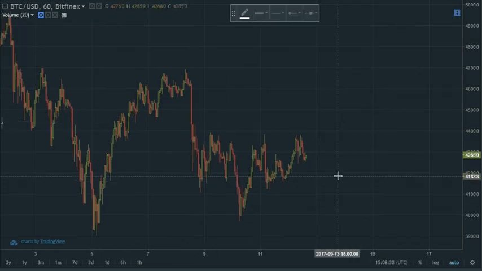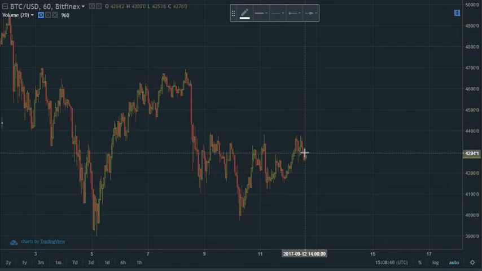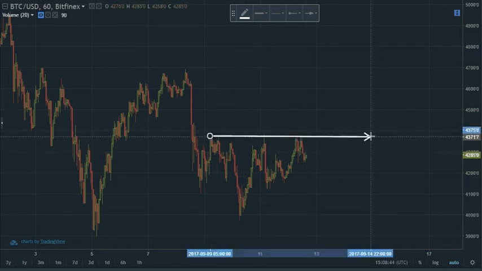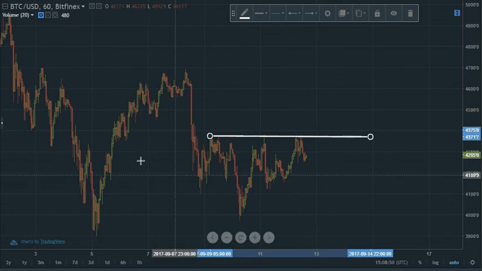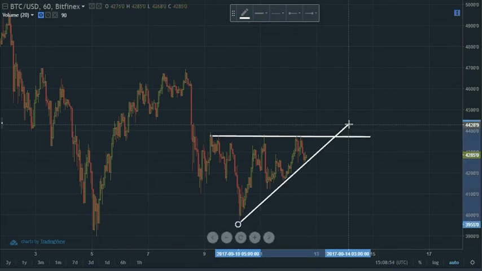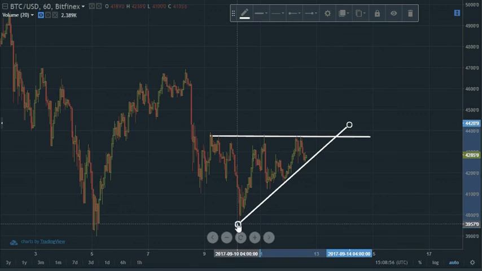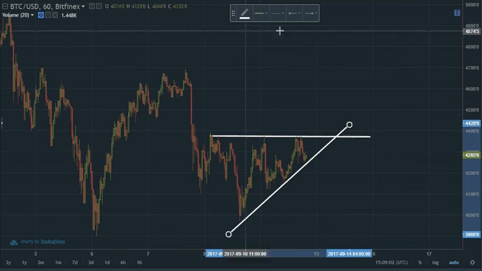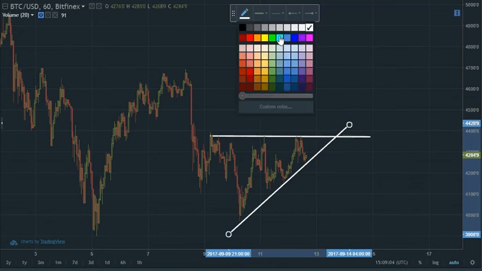So earlier I discussed the head and shoulders. Now I'm seeing if this could be a potential additional pattern as well. And I have posted this in the past as well, and that's called an ascending right triangle. Why is it called an ascending right triangle? Well, it's pretty simple, because if you look at it,